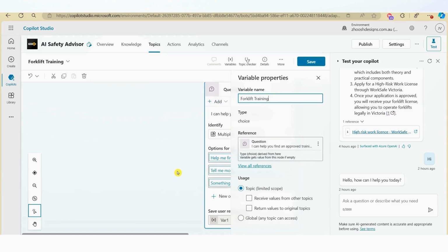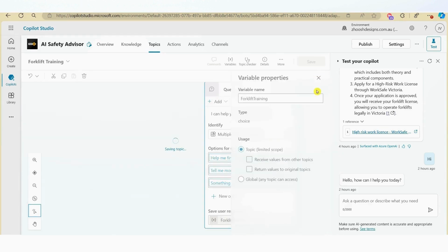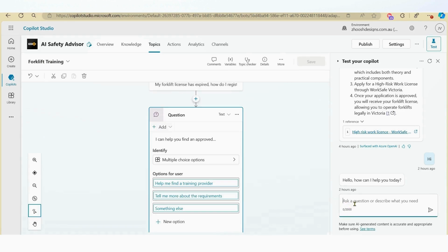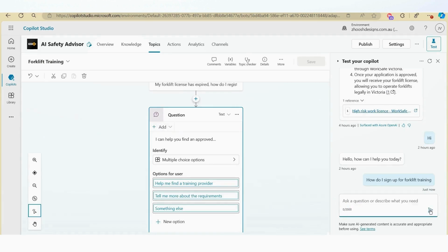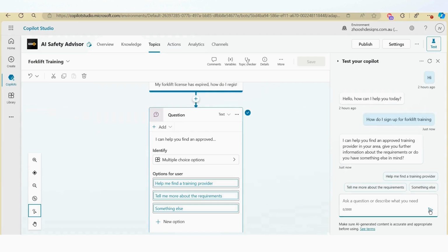Now with the user's response, you can limit the scope to only apply within this topic area, being forklift training, or you can extend this across all topic areas. For the purpose of this video, we'll just restrict this to apply within this topic area. And now if we hit save and type in our prompt, you can see that the AI agent has come back with the question, as well as given the user 3